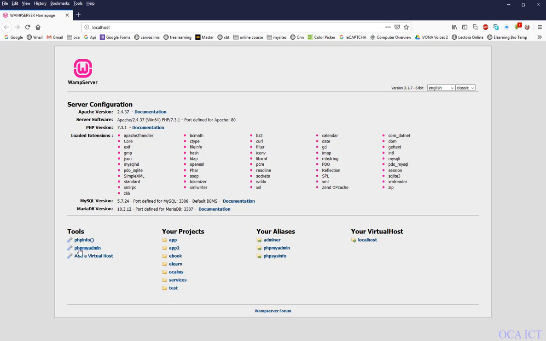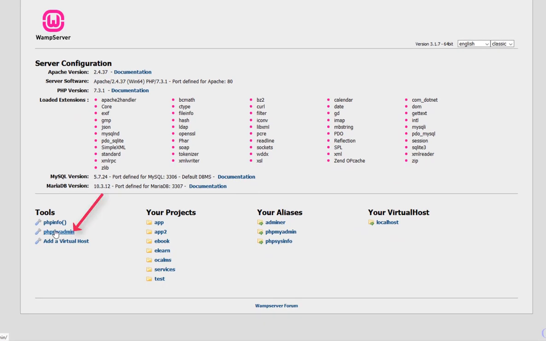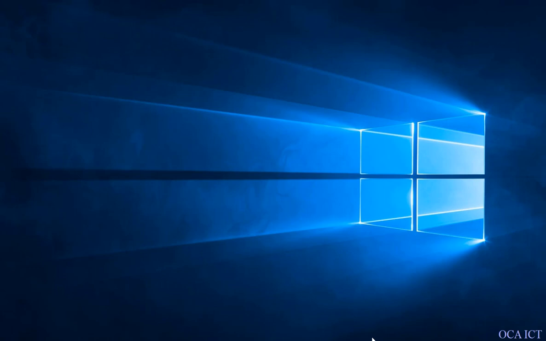Now to access phpMyAdmin right from the main dashboard here, you can see phpMyAdmin under tools. You can also see phpMyAdmin under your aliases. This is it here. Now, another way to access the root directory of the OneServer is to